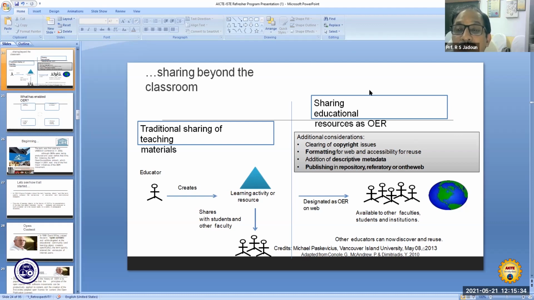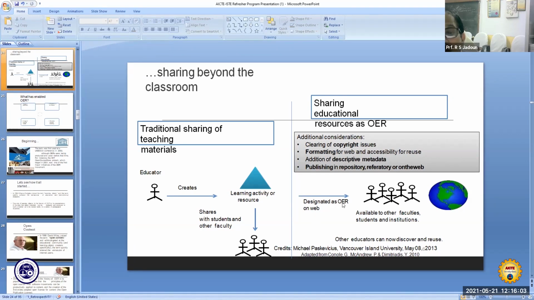But in this OER, additional considerations have been made for clearing of copyright issues, formatting for web and accessibility for reuse, addition of descriptive metadata, publishing in a repository, referatory or on the web.